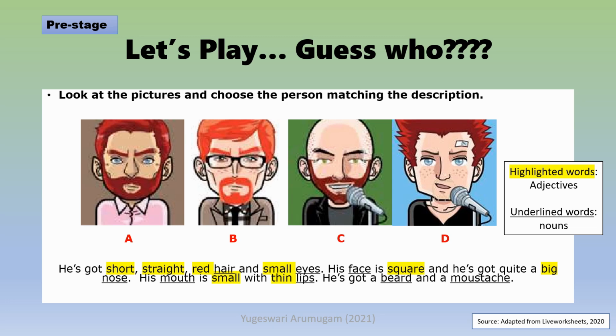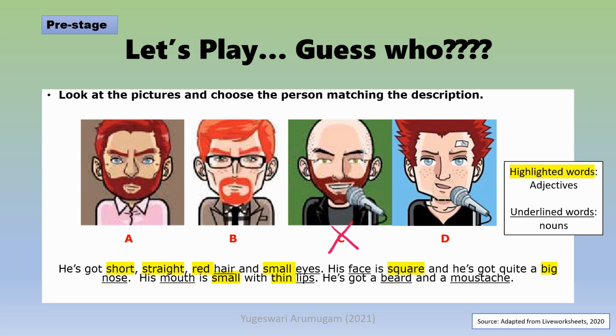He's got short, straight, red hair and small eyes. His face is square and he's got quite a big nose. His mouth is small with thin lips. He's got a beard and a mustache. Now, we have 4 options. Let's omit one by one. The first option to be discarded is